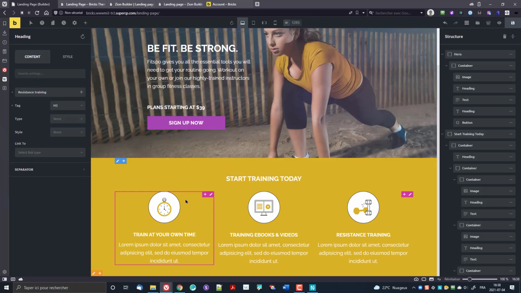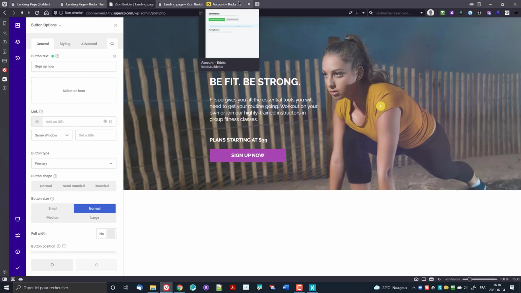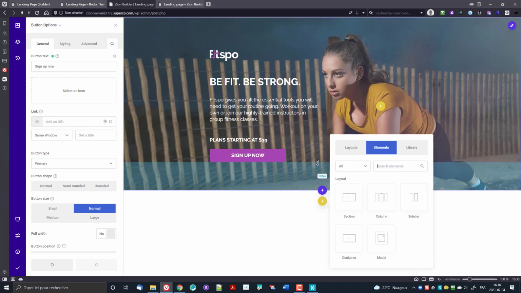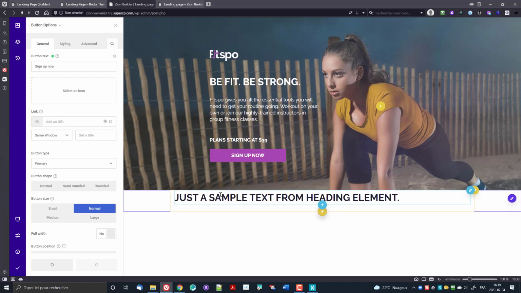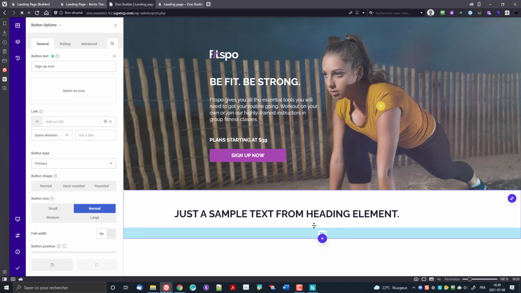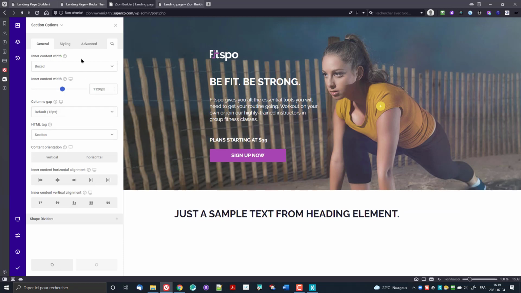Now let's do the same thing with the Zion Builder. Alright, so a new section after that section. And inside of it, we're going to have, first of all, a heading. So now let's adjust that one. We have 60 pixels on top and 40 at the bottom. We have a background color. So let's select the right element. We have a background color